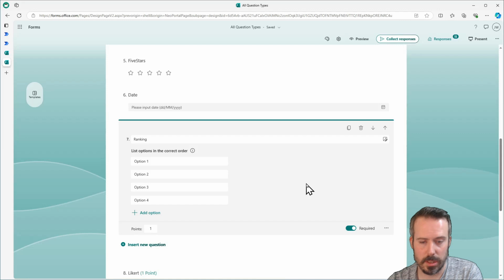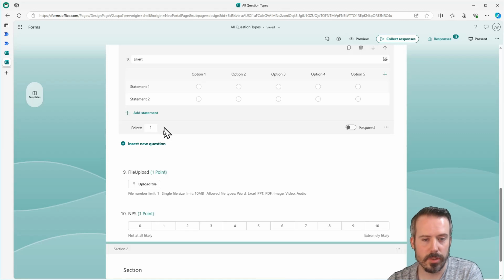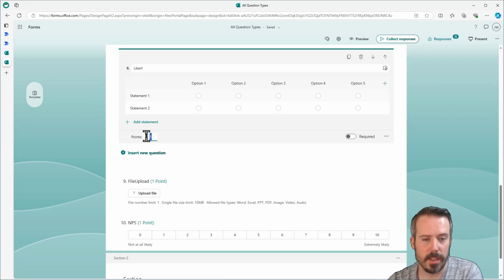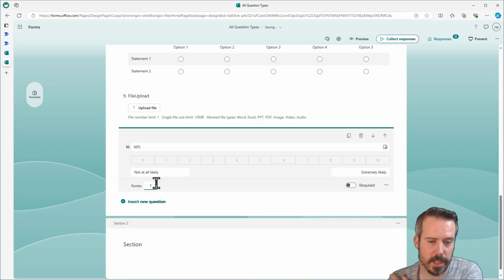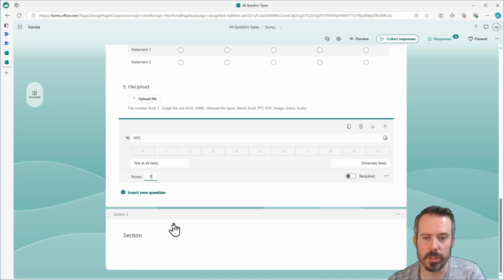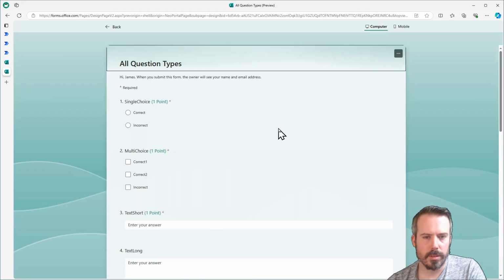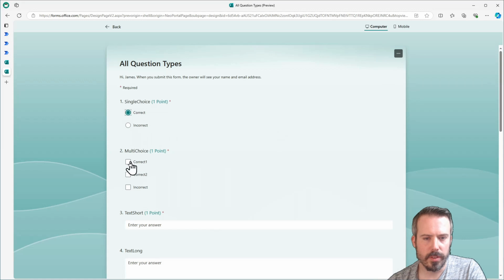Likert doesn't get auto-scored, neither does a file, neither does NPS. And then I've also added a section break into this form just to make sure that the flow deals with that appropriately. I'm going to quickly fill this form out and hopefully get the